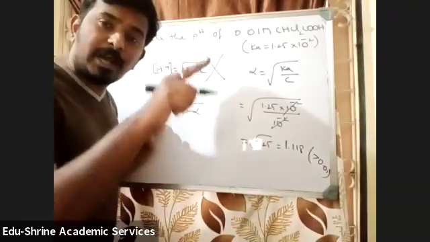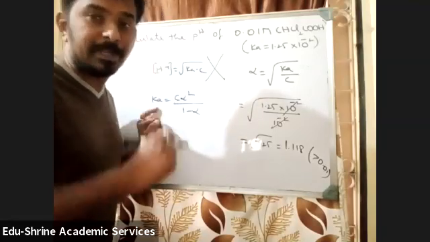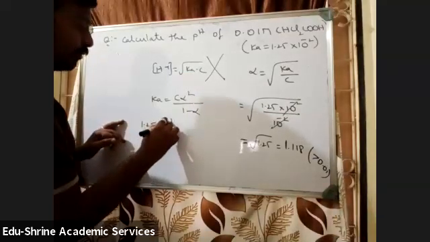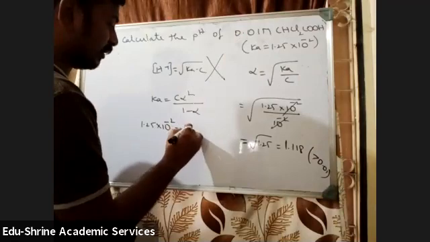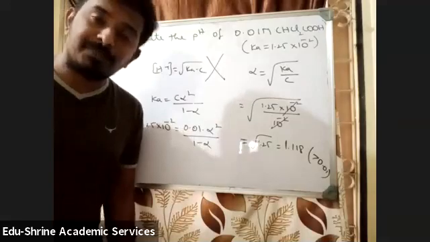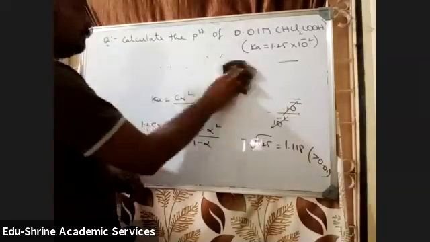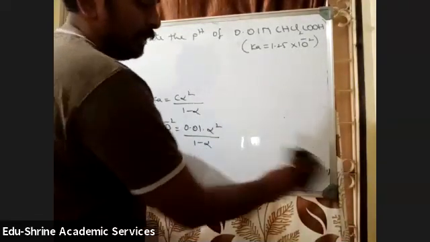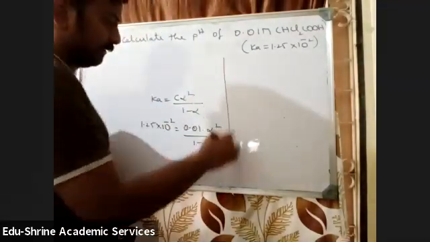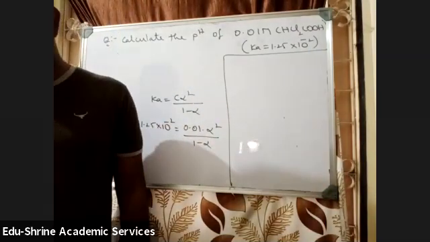Once you know the value of alpha, use H plus is equal to C into alpha. Calculate H plus concentration, then pH. So Ka value is given as 1.25 into 10 power minus 2, which is equal to C, 0.01, into alpha square by 1 minus alpha. You'll get a quadratic expression. You need to solve that. Solve that and tell me how much will be the value of alpha. So rarely you will get such types of questions, but you need to be careful. You'll get a quadratic expression, students.